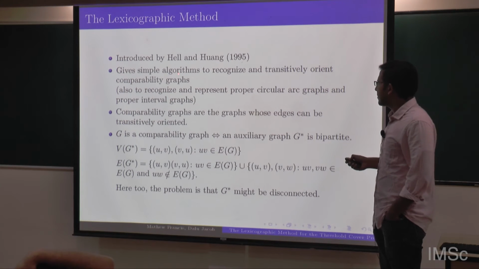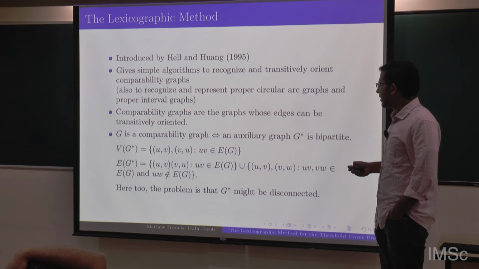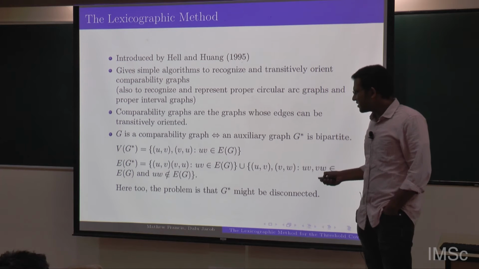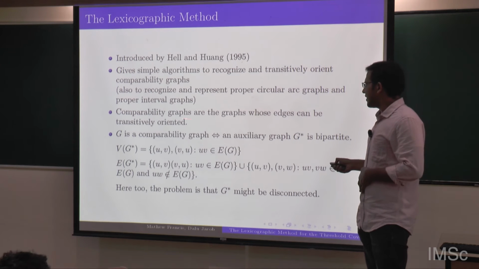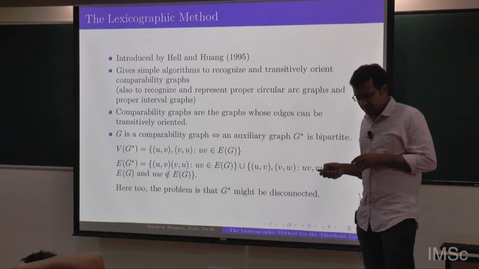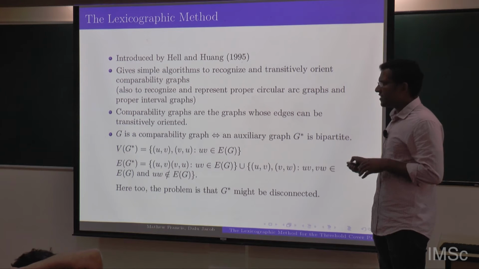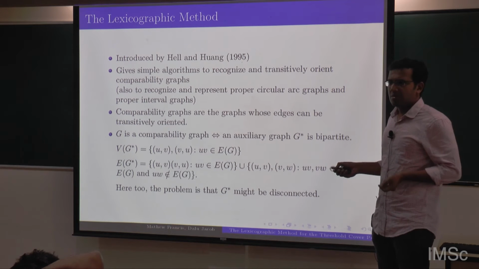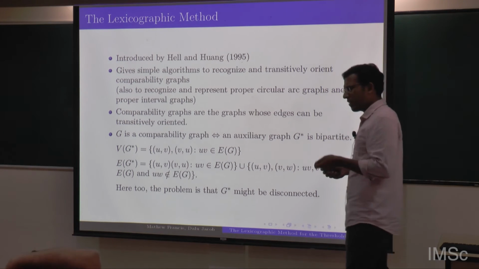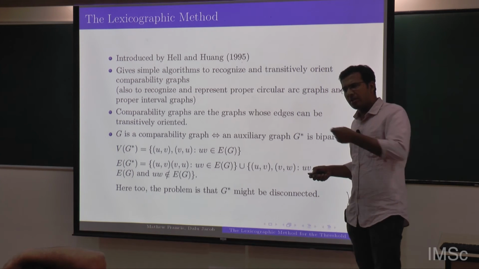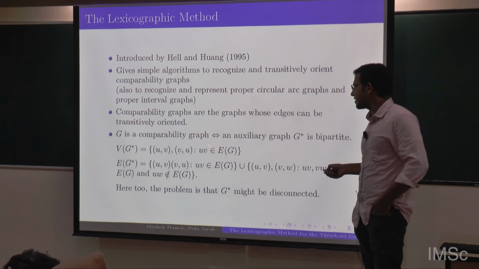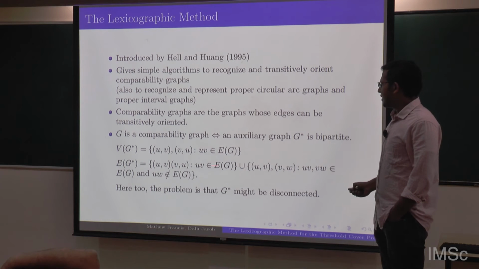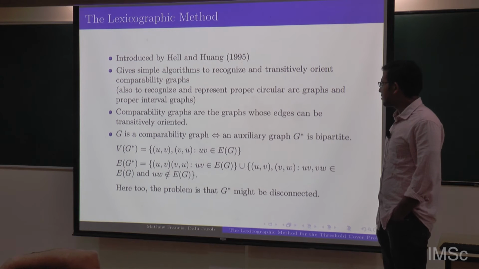For example, if you look at the class of comparability graphs, this is just another class not related to threshold graphs. Comparability graphs are those undirected graphs whose edges can be transitively oriented. You will be able to orient the edges so that if you have UV and VW, then UW is an edge in the graph and it will be oriented in the direction U to W. That's a transitive orientation. So they show that